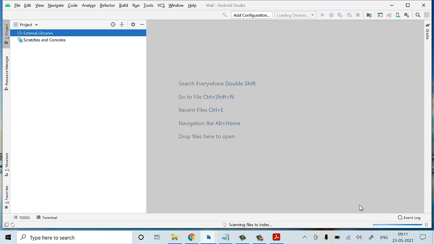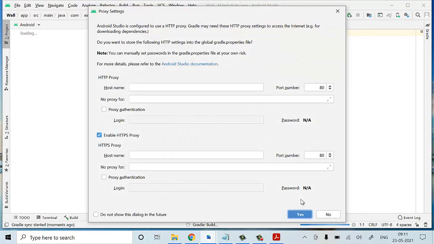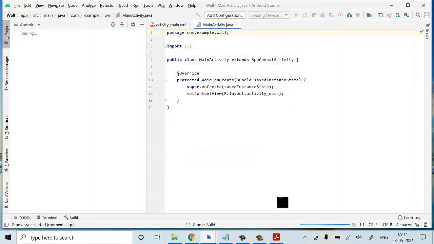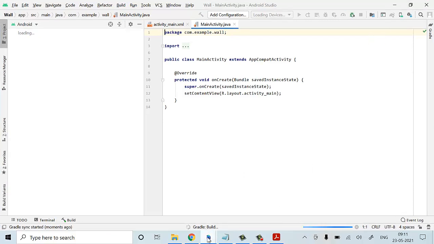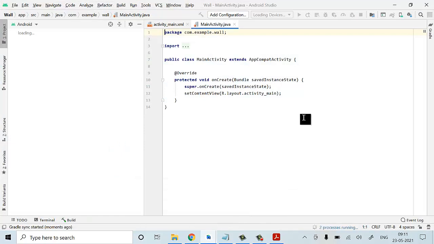Now it started developing the backend part. You can check it out, it started Gradle building. Still it is processing.